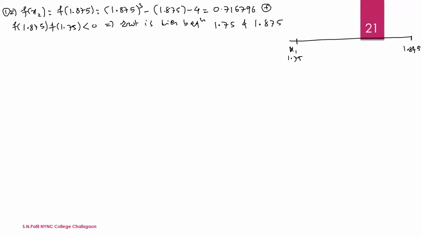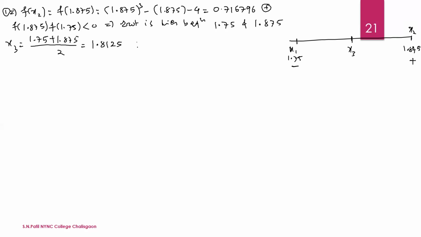So here we get the negative value, and here we get the positive. Now we bisect. So this is x2, now this is x3. That is x3 is equal to, we bisect, 1.75 plus 1.875 divided by 2 is equal to